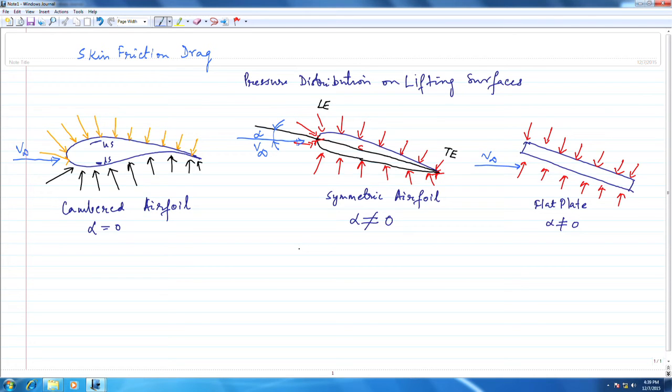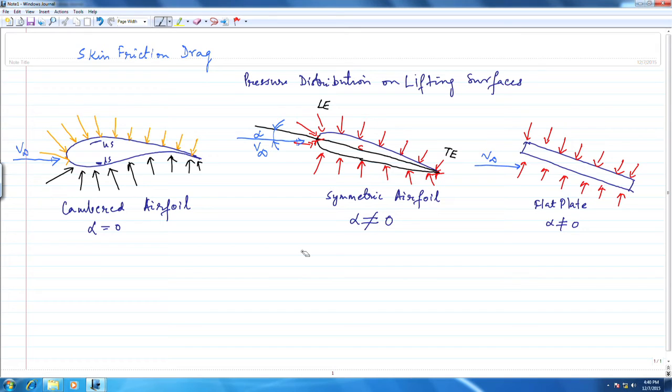Now, the three pictures that I've drawn here, all of these three things will be able to cause lift, which is great. The next question you should be asking is: which will cause more lift or less lift? How much will each of these lift? I've got a symmetric airfoil, a cambered airfoil, and a flat plate, so which one will lift more? Well, that is given when we quantify